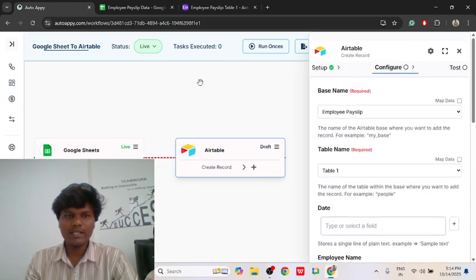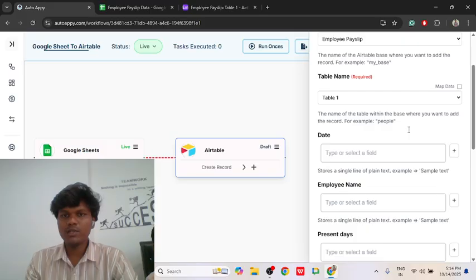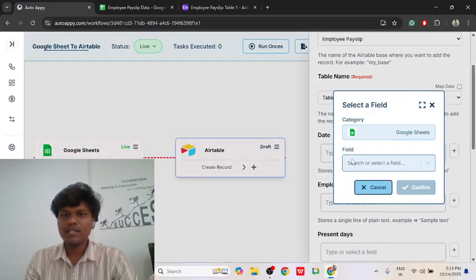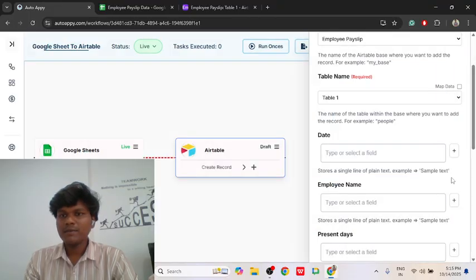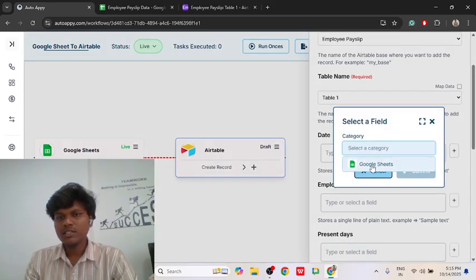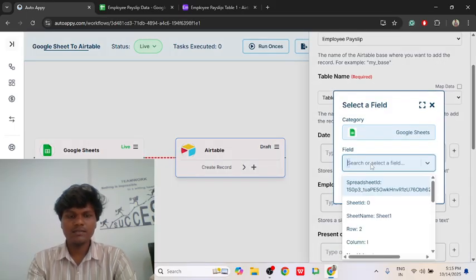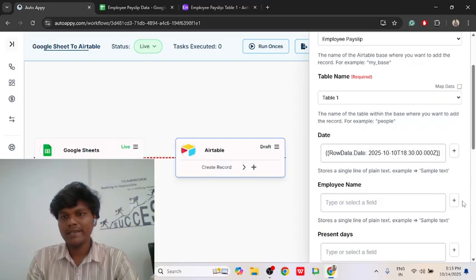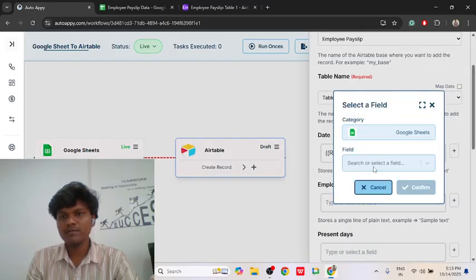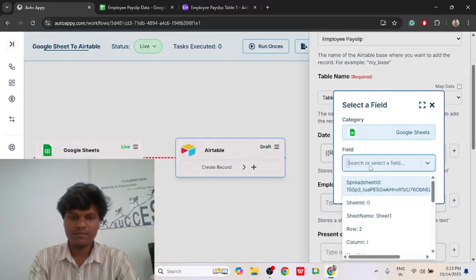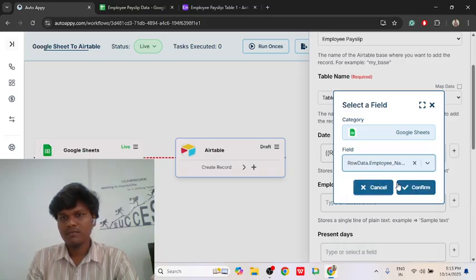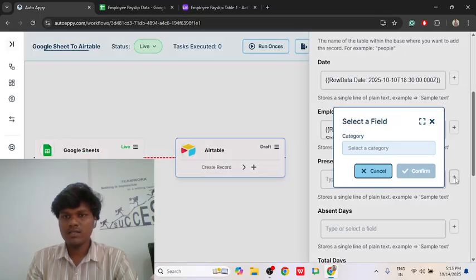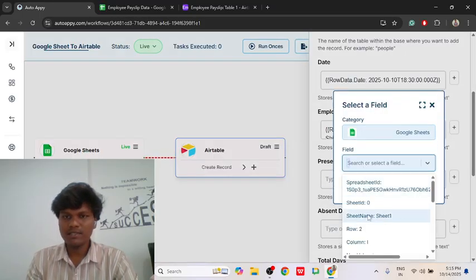So you have to map the data which you have received from the Google Sheet into Airtable. So for now, we will just map the data quickly. To map the data, you have to click on this plus icon and then select Google Sheet, and then just map the data. So for date, you just search for date and so on. For employee name, again repeat the same step. Once you have mapped this data,